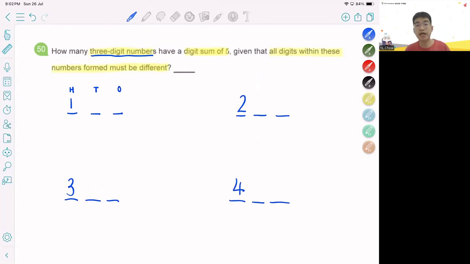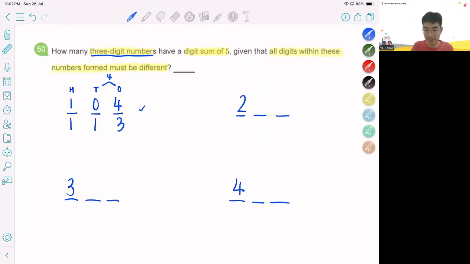All right, so now we just need to look at each case carefully, starting with 100 and something. Now, if my hundreds digit is 1, what must the other 2 digits add up to? It must add up to 4, right? Now, in that case, how many ways can we choose this 3-digit number? For 4, the easiest one, you can split into 0 and 4. Follow the order: 1, 0, 4. Can, right? Take note, the digits at the back can be 0 because they are not at the highest place anymore. So 104,